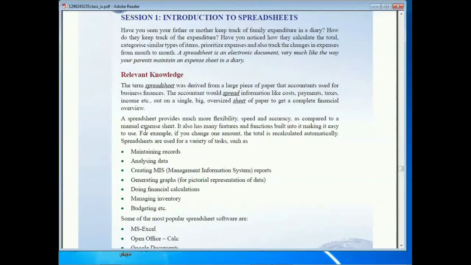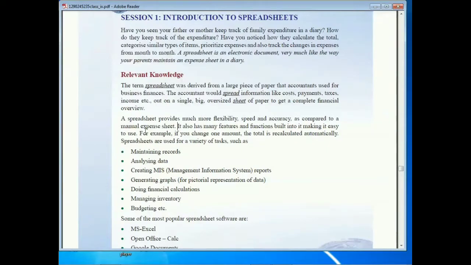Using the spreadsheet we can maintain all types of accounting information, all types of financial detail, all types of costs, payments, taxes and income. We can arrange, store, calculate and summarize all types of financial overview in a spreadsheet.